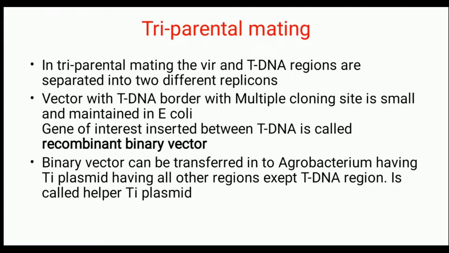And another important feature to be followed in Agrobacterium transformation is triparental mating. So we amplify and multiply our binary vector in the E. coli and we have to transfer it into Agrobacterium. But the key problem is they are from two different genera. So in this place we need an additional helper cell that helps to transfer this binary vector from E. coli into Agrobacterium. In triparental mating, this is done with the help of a helper cell carrying helper plasmids.